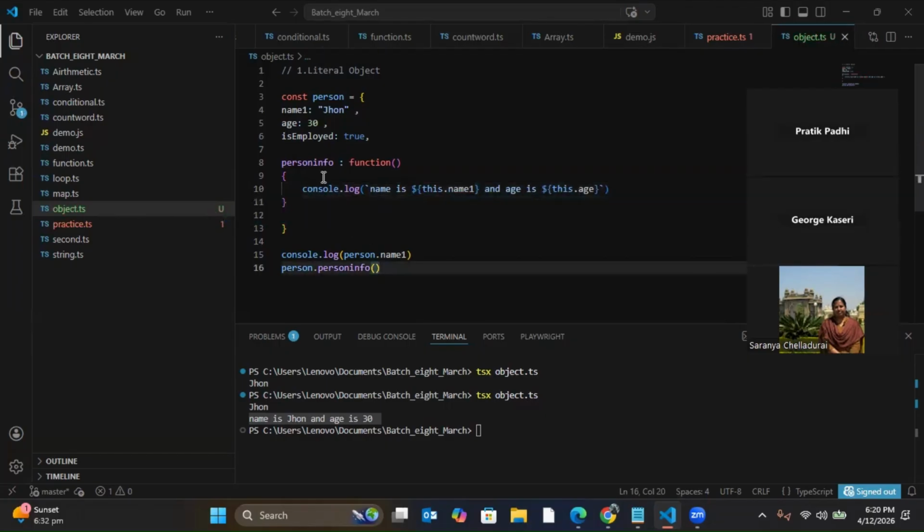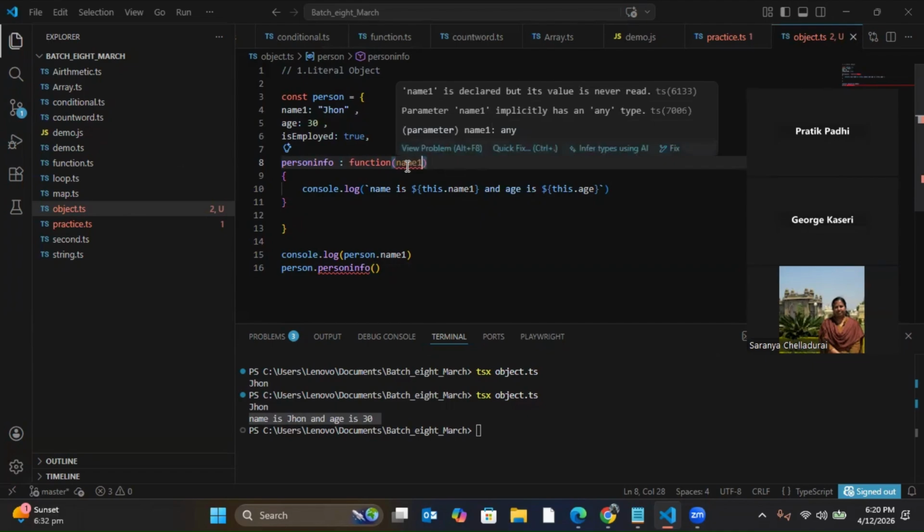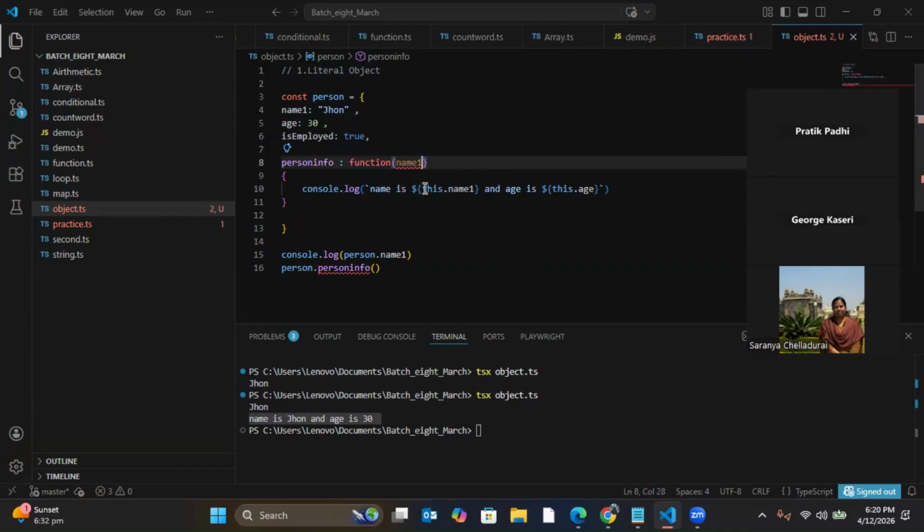Now, next thing is that, let's say if I want to pass a parameter to the function, any parameter, let's say name, the same name one I want to give. Is it acceptable? Let's see. So we are giving the element name directly to the function name. No, I'll tell you. The argument name is